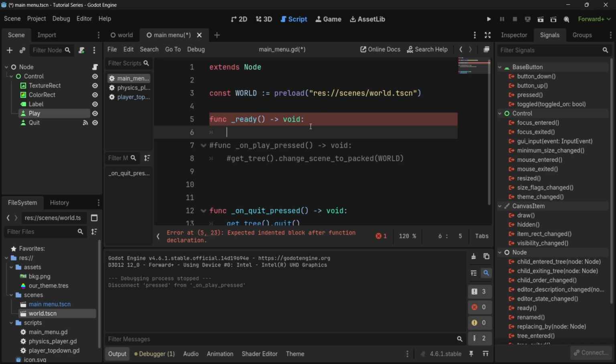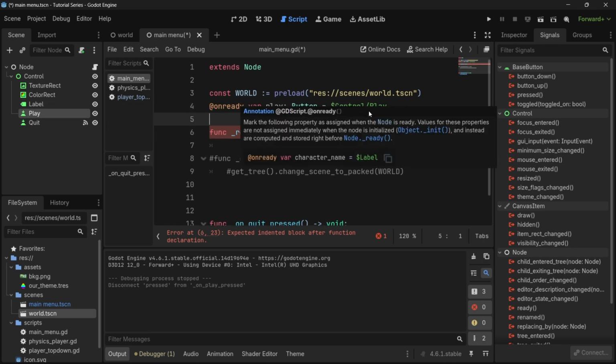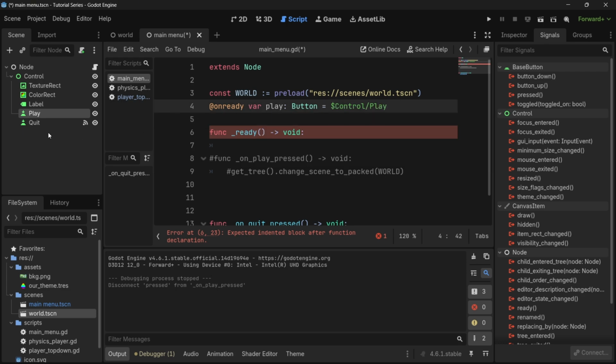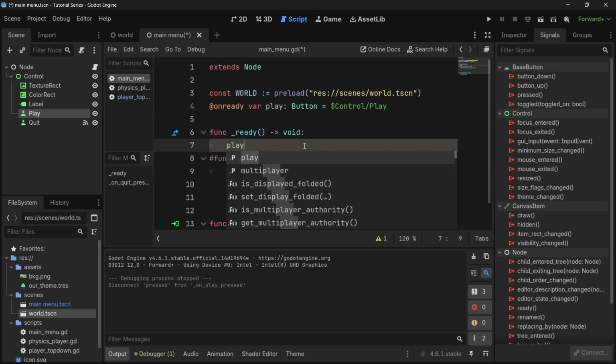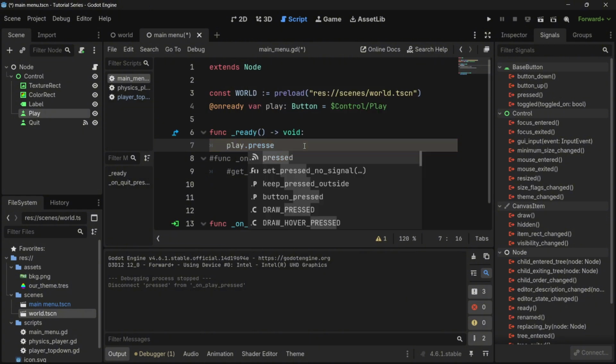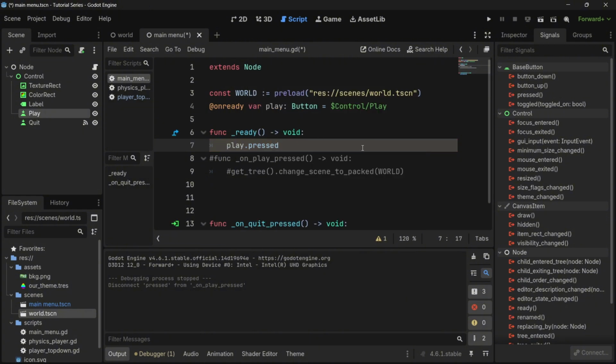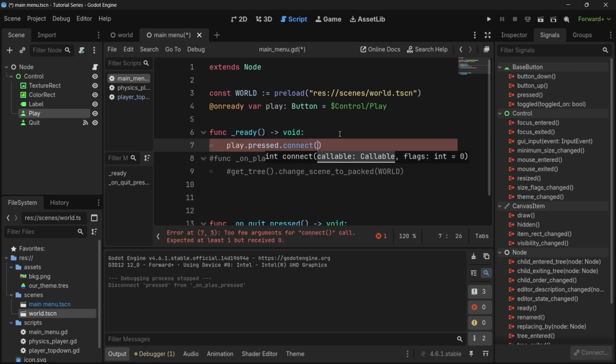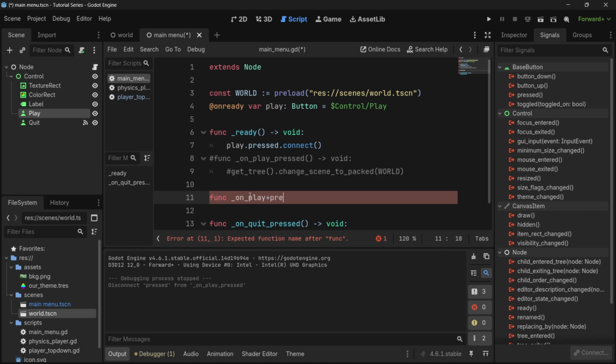To connect a signal in code, what we need first is the node that we want to connect. So again, I'm going to drag the node over into the code panel, holding control. What that does is, again, it just creates an onready variable. We can reference this node here in the ready by going play.pressed, so the signal name, and then .connect. And then we need to connect it to a function name. That's what a callable is. So our function, we can say func on play pressed. It's going to be the same name as our other function, but I would